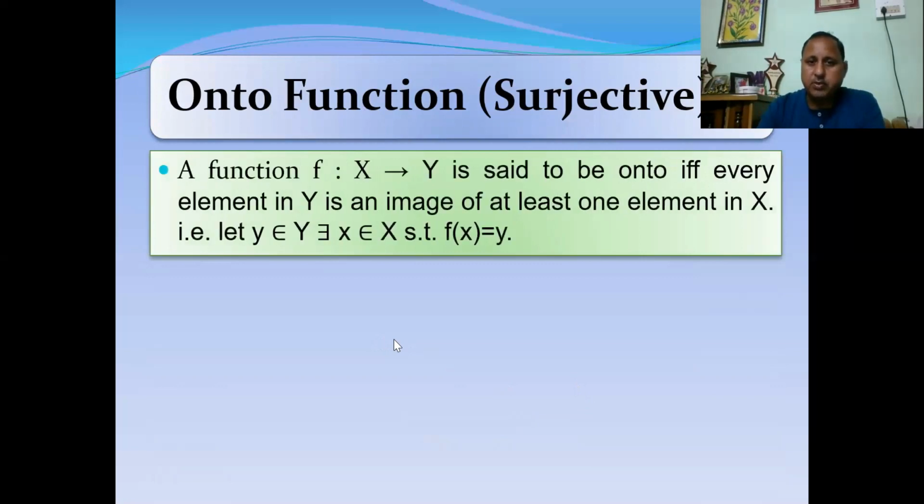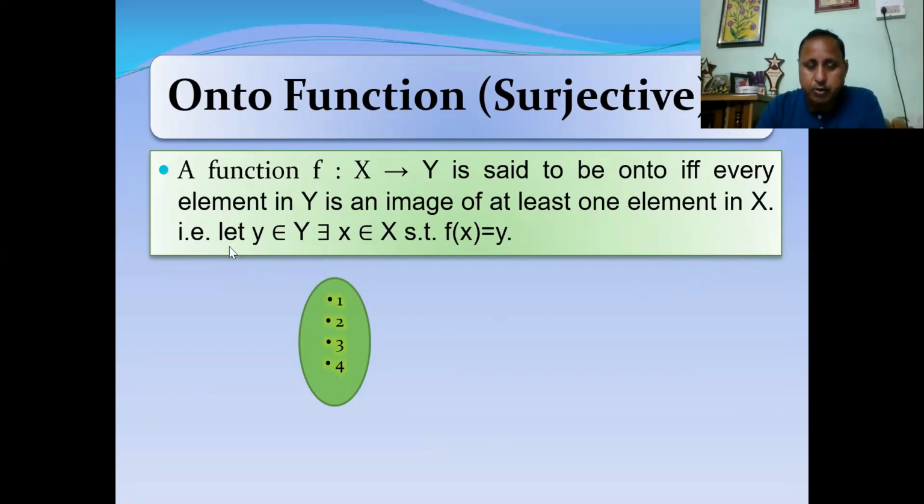If f is a function from X to Y, this one is said to be onto if and only if every element in Y is an image of at least one element in X. Now you can see the condition in a reverse way: every element of set Y is an image of at least one element in X. That is, at least one element's image should be there.